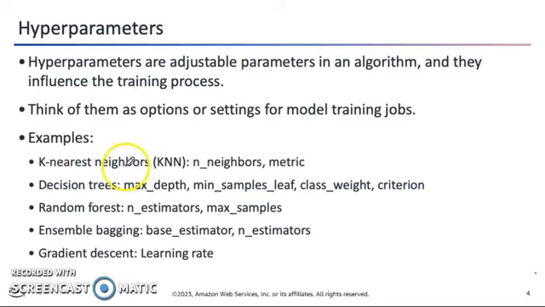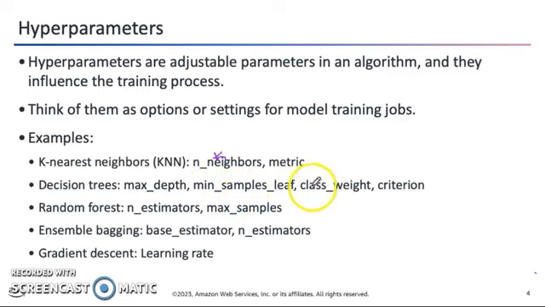So as you can see here listed, there are a few names of algorithms and models, and the corresponding hyperparameters. K-nearest neighbors: you specify the number of neighbors, the metric. Specifically, this stands here for k, that number of neighbors, right? So that would be a constant that one specifies. That's a hyperparameter. For decision trees, the maximum depth, the minimum number of samples,